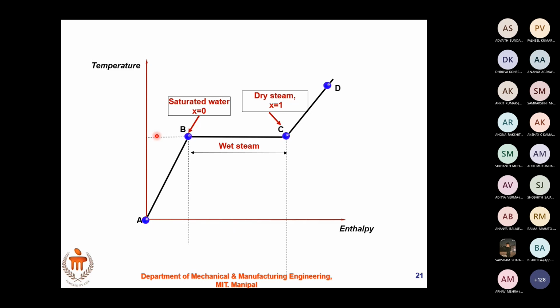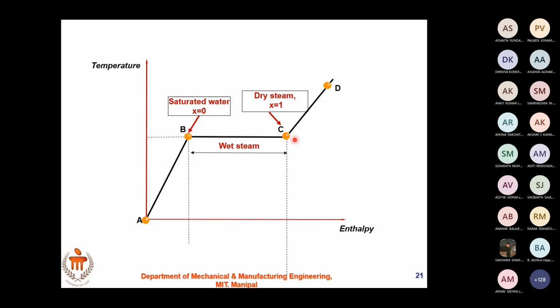If I pass this saturation temperature, I cannot use the term saturated anywhere. This is the saturation level. Beyond C, the steam that I get is superheated. Someone said it is highly saturated dry steam. Please don't use that term. It is superheated steam. Saturation ends here itself. We will never use highly saturated. Either it is saturated or not.